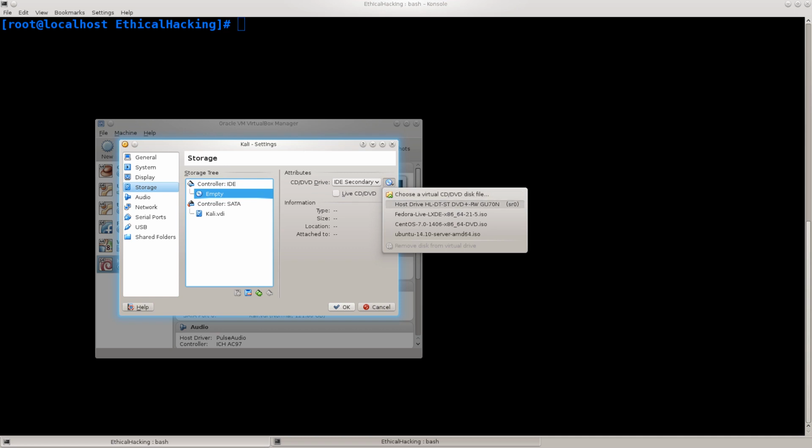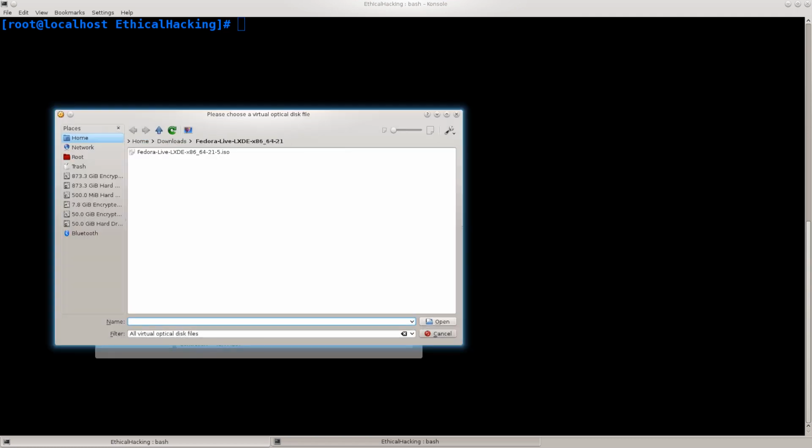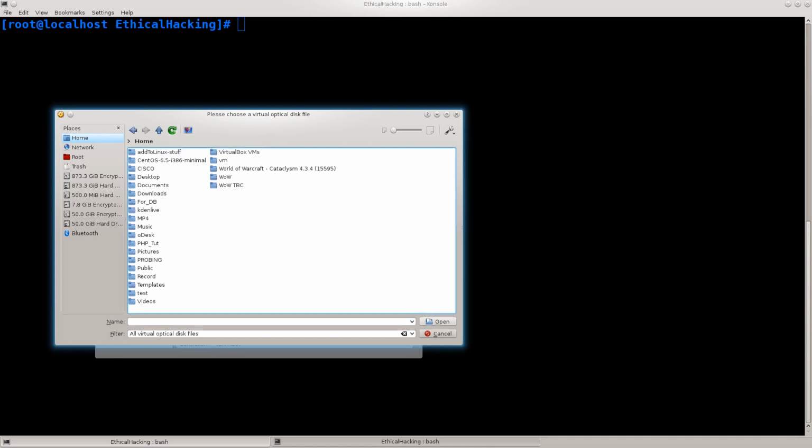I have a few here, but none of these are what I actually need. If you have something in your CD-ROM drive, you can just click here, and it's going to pull an image from a CD. But that's not really the case here. We have an ISO file that we want to use, so go ahead and open it up. Click on Home, and I have it in my downloads folder. It should be around here somewhere. Yep, there we go. Kali Linux